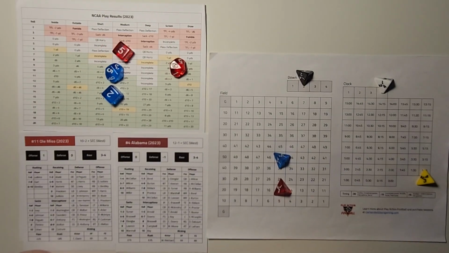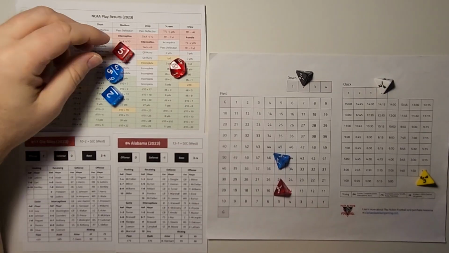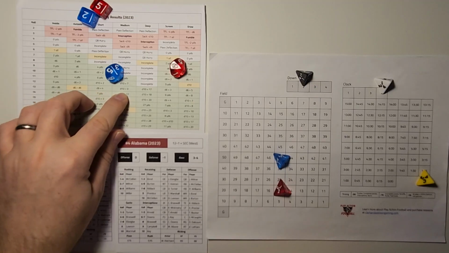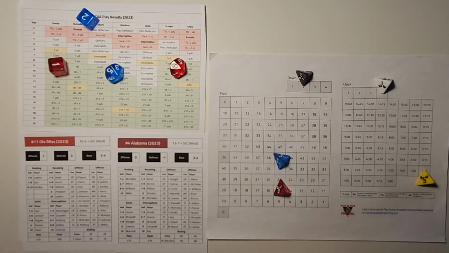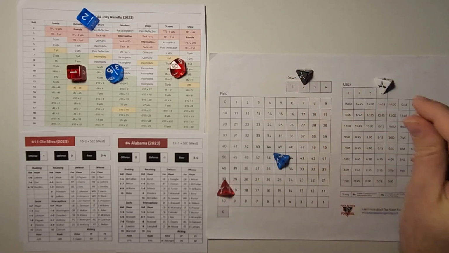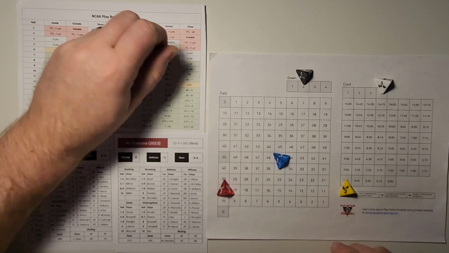All right, so 1st and 10. This is a short pass against the base, -1 to the defense. So 13 on a short pass is D6 plus 4. That's good for 5 yards. And that will bring up 2nd down. Again, they're going to hurry it up. They don't have any timeouts left. So